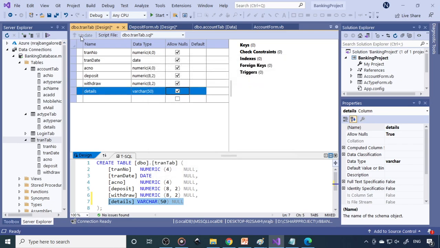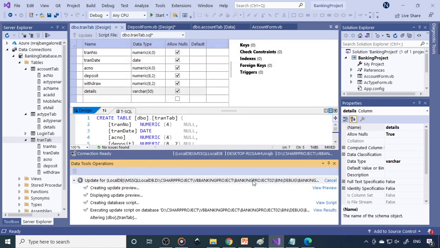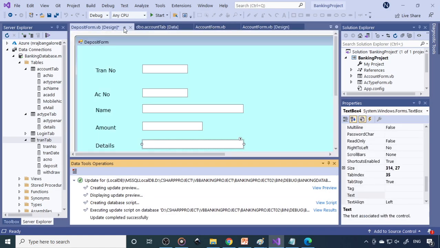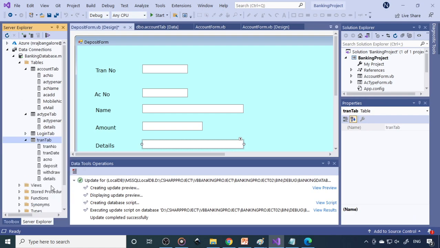Cancel this. You have to update it first. Update database. Yeah, so done. Now we can see that we have one more column, details. So the data has to go to details.